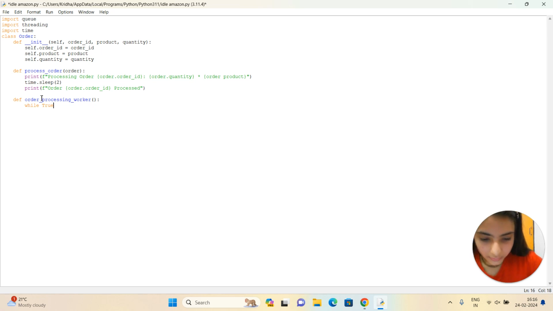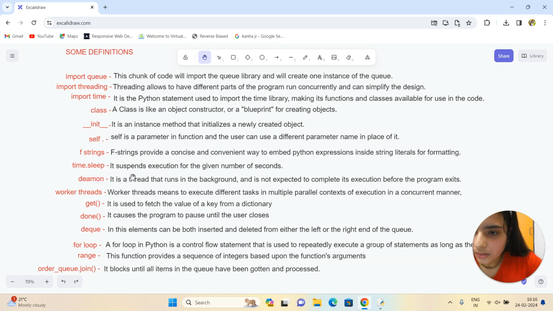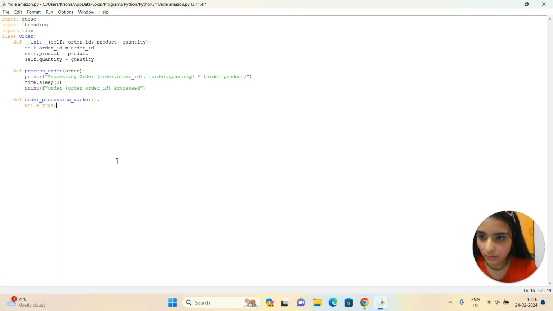So before moving further, let's look at the definitions of some terms. Here we have worker threads. So what are worker threads? It means executing different tasks in multiple parallel contexts of execution in a concurrent manner, or you can say in the same manner. For example, if we code here,